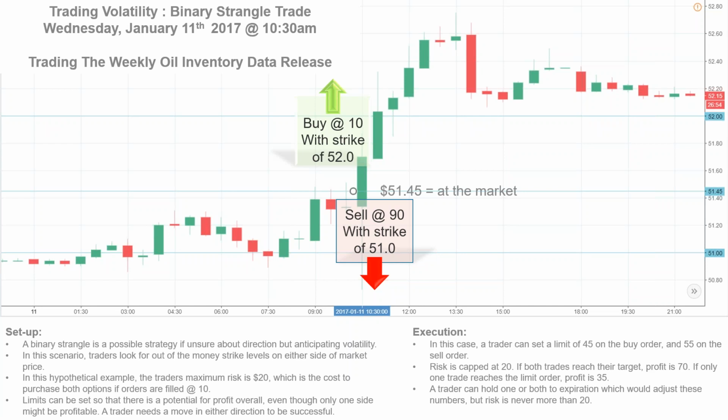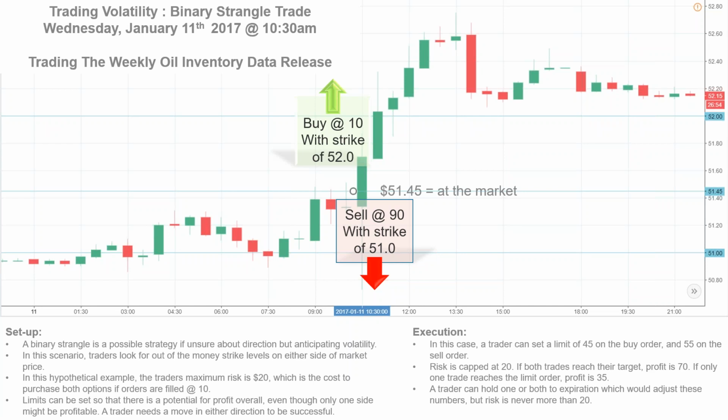So now also, tip, make sure you're setting limits so that there's a potential for profit overall, even though maybe only one side is profitable. All you need as a trader in this example is for a move in one direction or the other. You've essentially paid $20 for both positions, and you need a move to touch one strike or the other. And again, in some cases, you could have such a volatile move, it may touch both. So in this case, let's say the trader can set a limit of 45 on the buy and 55 on the sell. Again, those decisions are up to you as the individual trader, but for the purposes of our example,